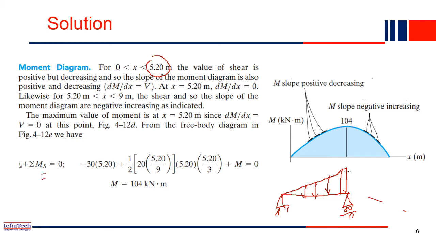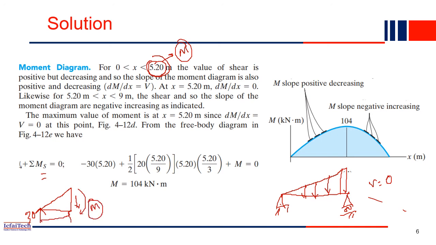So how do we draw the moment diagram? In the last figure, if you recall, we have 30. Consider the moment at the point where shear force V equal to 0, where x was computed as 5.2 meter. Now at the same location, if you want to find the moment, we just draw the free body diagram. If you remember the last slide, we have 30 acting, then this UVL, and this shear force, as well as the moment M. So we are basically computing this M.